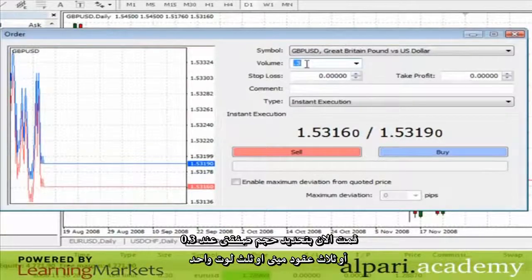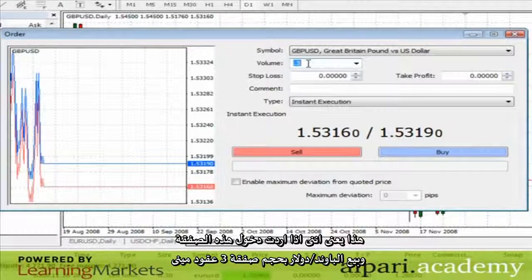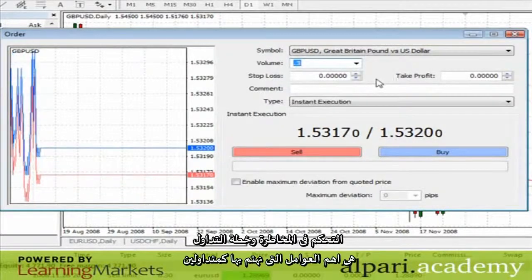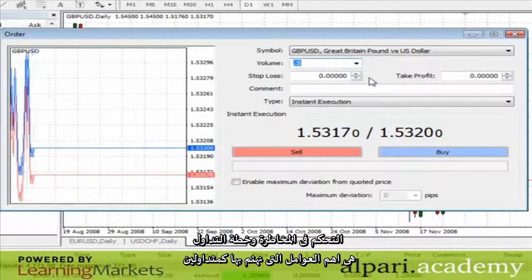It's 3/10 of a full lot. That means that if I were to enter this order and sell the pound-dollar, 3 mini lots of the pound-dollar, each pip it moves in my favor is worth $3. Now risk control and trade planning are one of the most important functions we perform as traders here, and you'll